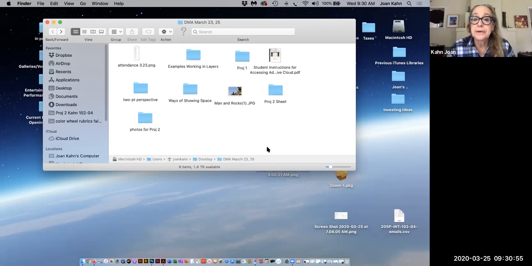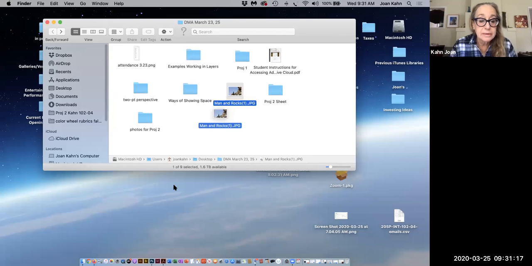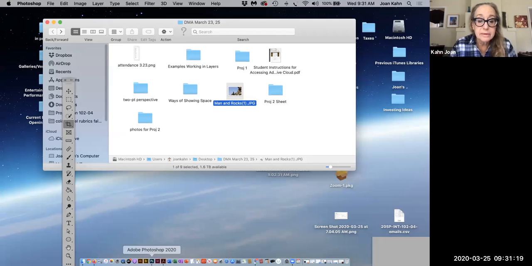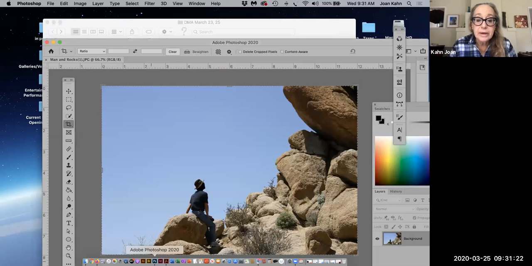Okay, so I'm going into Photoshop. The file that you're going to use to do exercise 4 is Man and Rocks. And I put it into the files for exercises. I think it's in the exercises area of my Canvas. So I'm going to